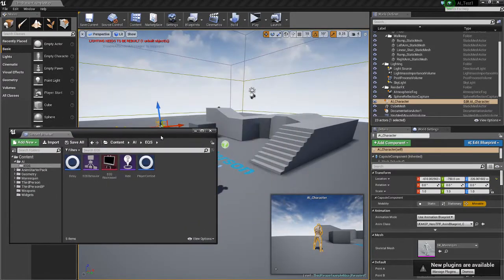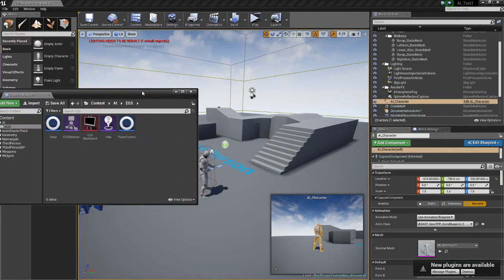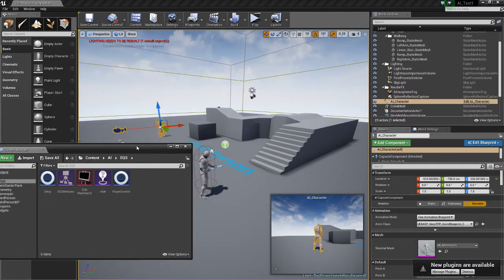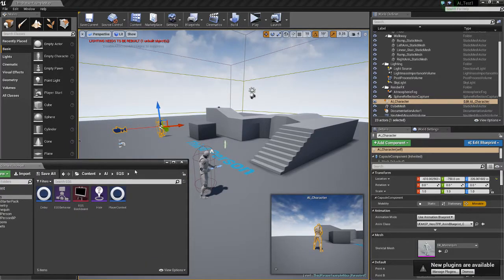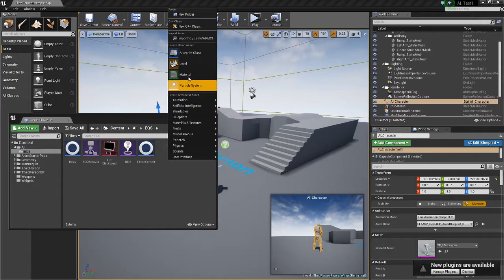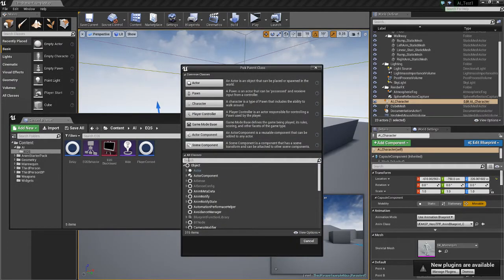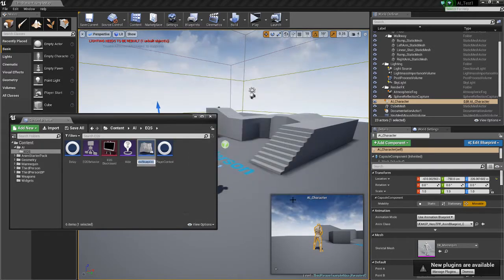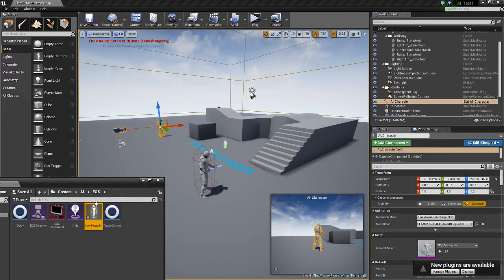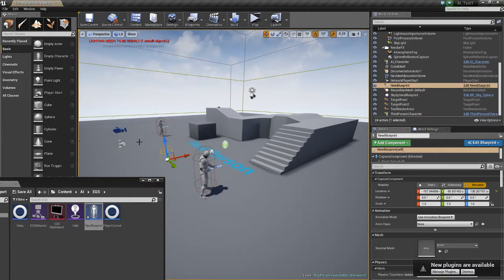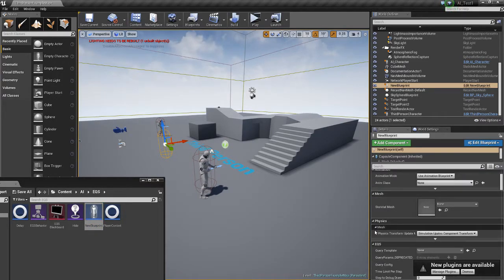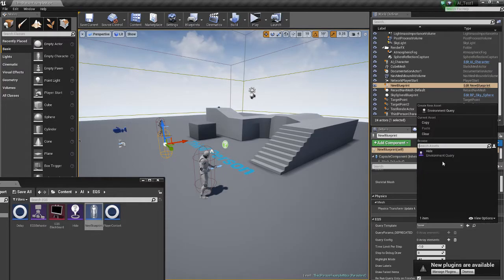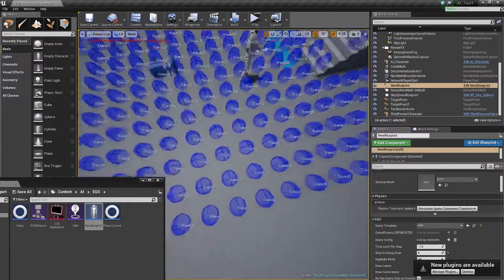Alright, so now, what we can actually do to test that out, is we can create an EQS pawn. EQS testing pawn. We'll just leave it at that name. Drag this little guy out here. We go ahead and save everything first. Okay. And then we can select our query template, hide, and this will show you